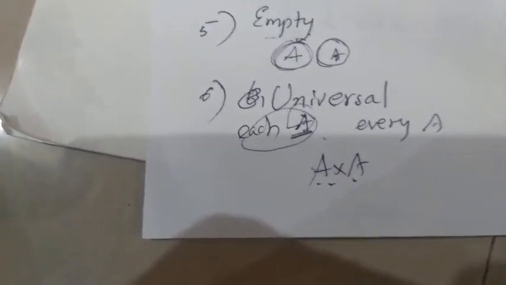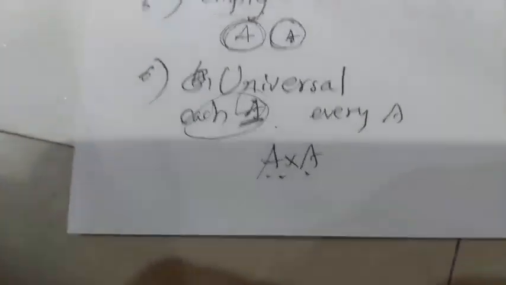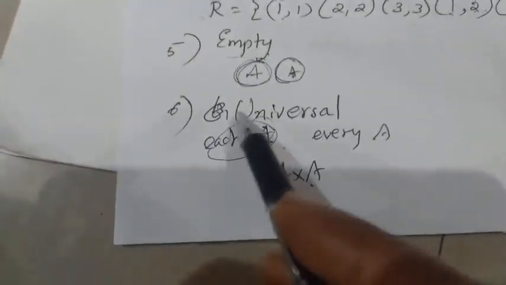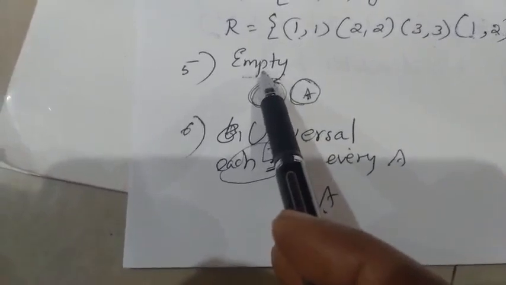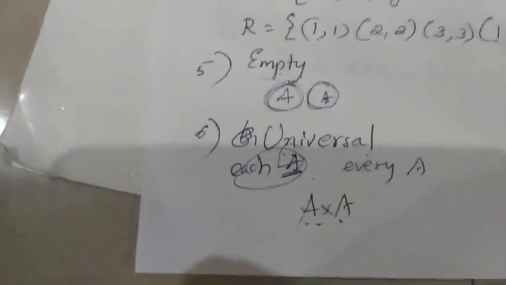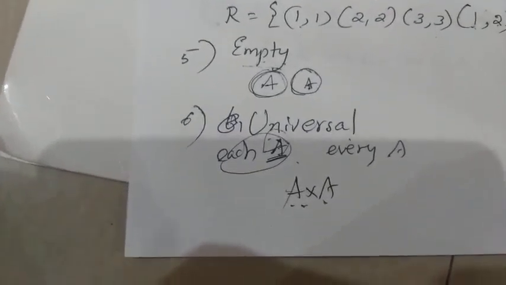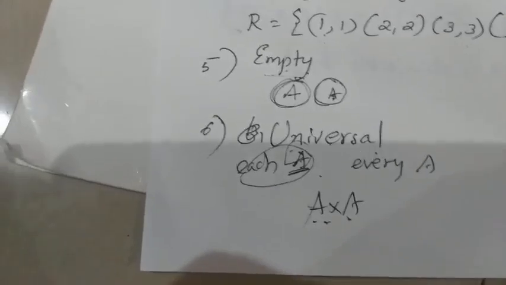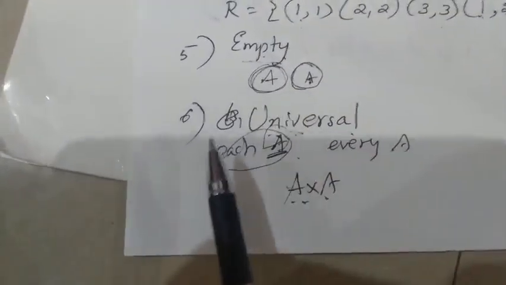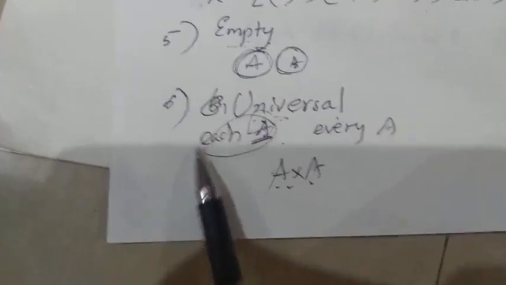We know that a relation is a subset of A cross A. Means for every set A, there exist at least two relations. For any set, they are universal and empty. In case of sets also, the empty set is a subset of the set and the set itself is a subset. Therefore, universal relation and empty relation exist. And these two relations are sometimes called trivial relations.